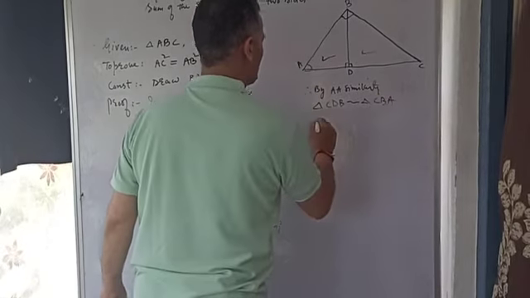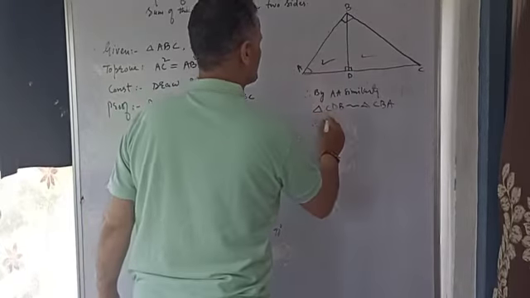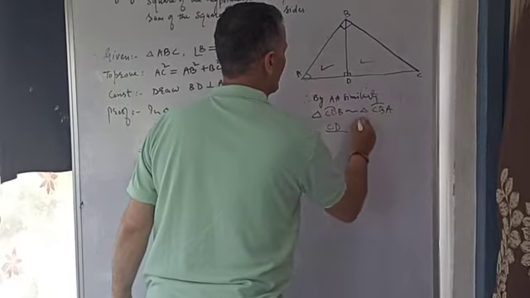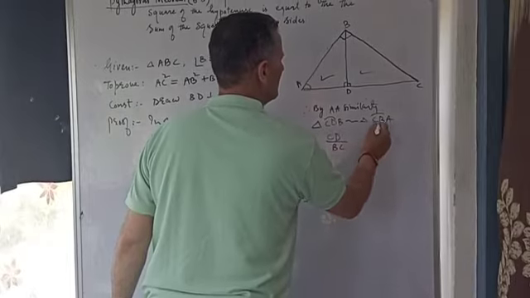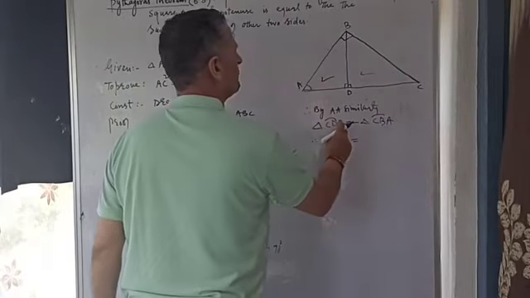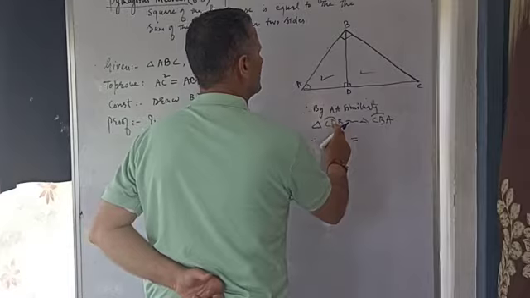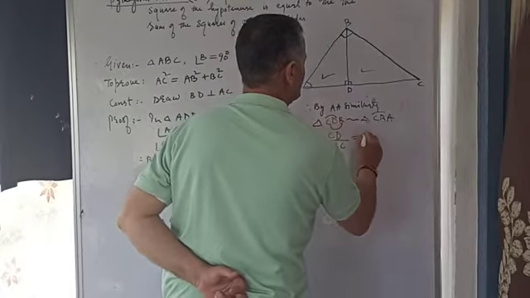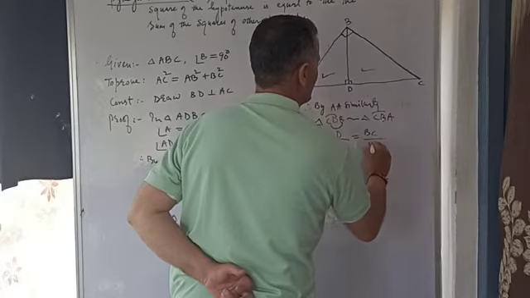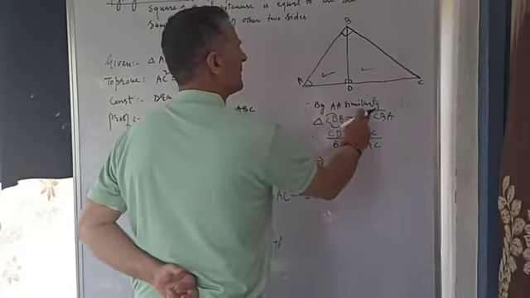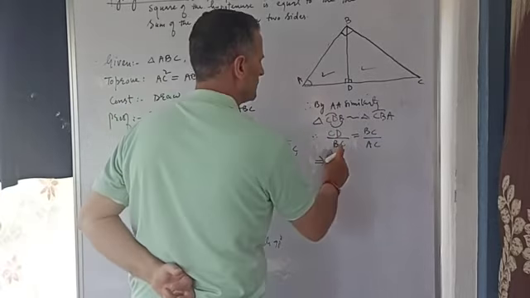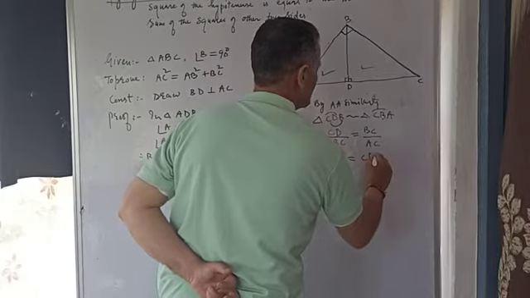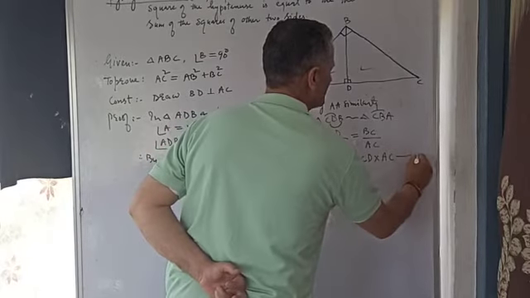Therefore sides are proportional. I will write it as sides. Therefore CD by CB, or BC, CD by BC equal to BD. BD is not required, so you write down this CB by AC, these two: BC by AC. By cross multiplication, when triangles are similar, then sides are proportional. So I will write BC square equal to CD into AC. This is equation number 2, right?